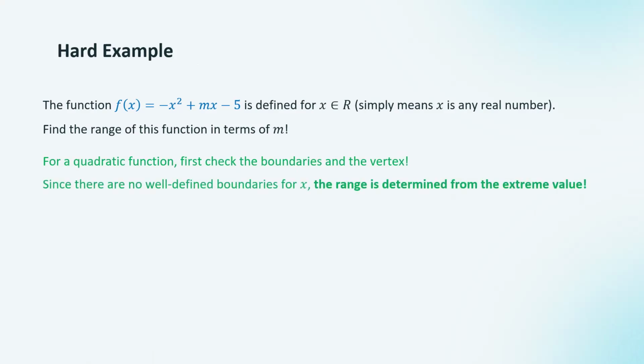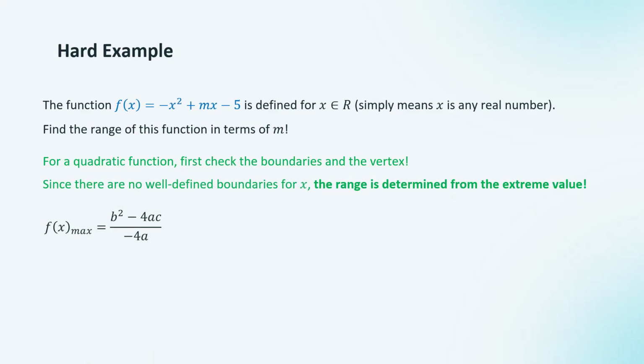But since there are no well-defined boundaries for x, because x can be any real number, the range of this function is determined from the extreme value of the quadratic function, which means it is determined from the vertex. So we can try to calculate the extreme value, and remember, since the coefficient of x squared is negative, that means the extreme value is a maximum point, which means this formula will result in a maximum value of the